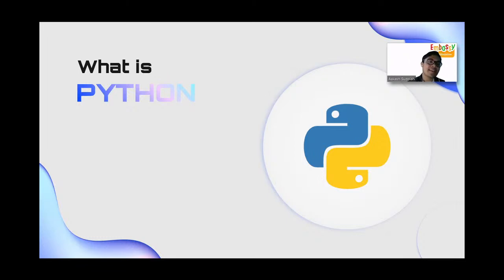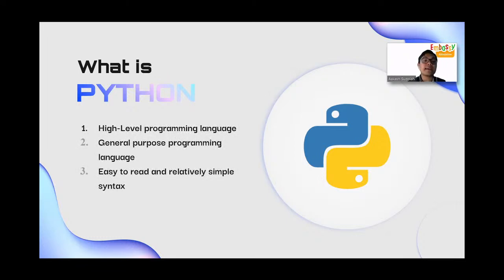Alright, yes, okay. So Python is a high-level programming language, which means that you're able to write complete and independent programs using Python on its own. Next, it's also a general-purpose programming language, meaning it's very versatile and has many uses in all kinds of industries. And finally, it's easy to learn and easy to read and possesses a relatively simple syntax.